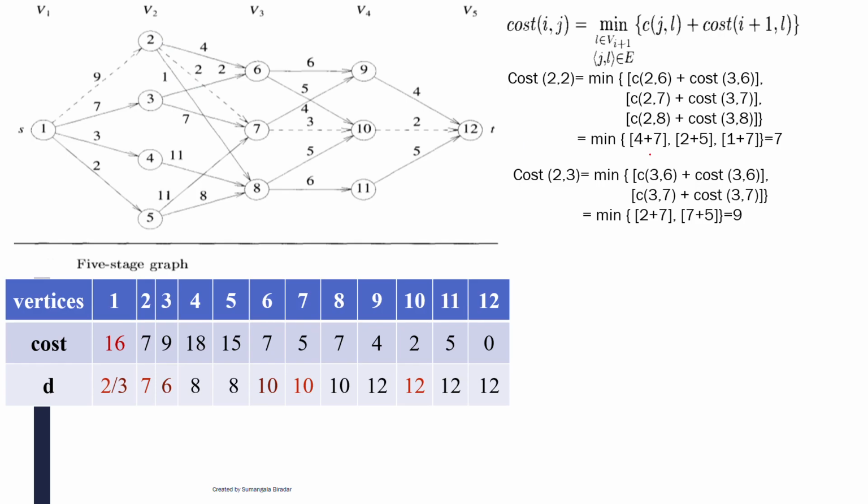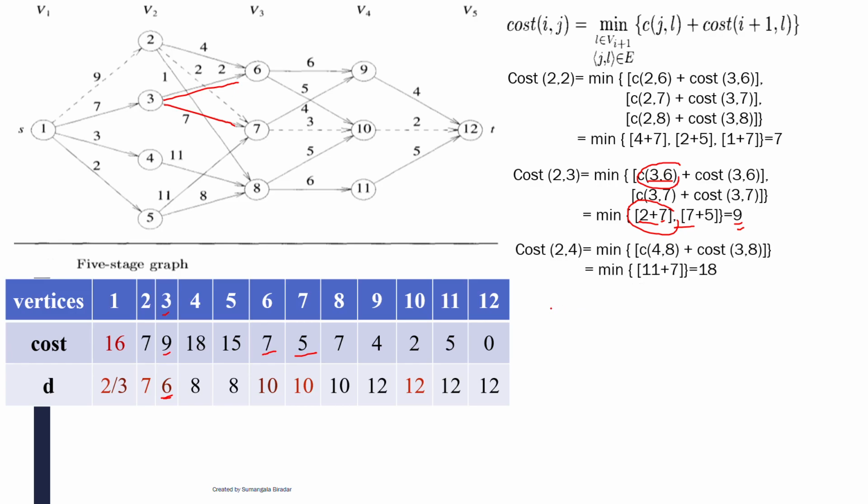Same thing, 2 to 3 here. For 3 you also have to calculate. From 3, 2 adjacent vertices are there: 6 and 7. The edge costs are 2 and 7, that is 2 and 7 only you have to take. And the cost of 6 is 7, and the cost of 7 is 5 here. Those values you have to substitute here. 7 plus 2 is 9, and 7 plus 5 is 12. Among those two, which one is minimum? 9. Which edge cost if you consider? 3 to 6. So in the table for vertex 3 you got the cost as 9, and the adjacent vertex you consider is 6 here. See here, this one is the value, that's why you consider that one.